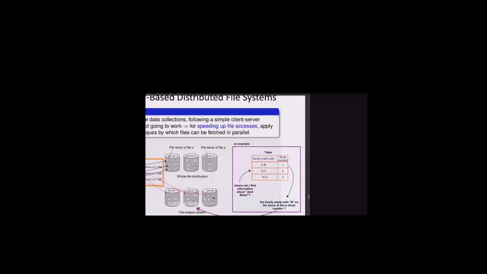The simplest form is round robin. Round robin says start to propagate blocks from this one and give this server one block, this server one block, this server one block, then go back, this server another block, this server another, then go back again. All files will be divided into different blocks, and then we use this simple algorithm to assign different blocks to different servers. This is a simple and affordable algorithm.